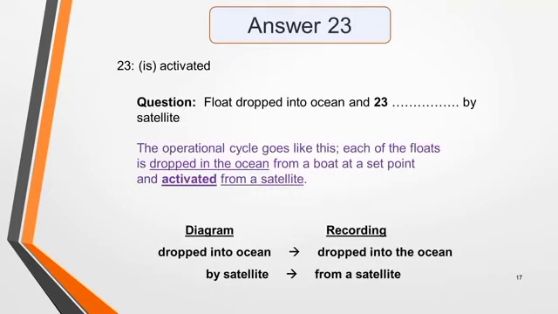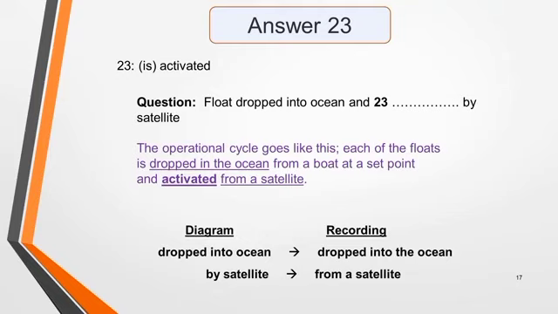Answer 23 is activated. Here are the diagram label and the section of the recording the answer appears in. The sentence in the recording is, "The operational cycle goes like this. Each of the floats is dropped in the ocean from a boat at a set point and activated from a satellite." The examiners have been kind here as the language is almost identical in the diagram and in the recording,